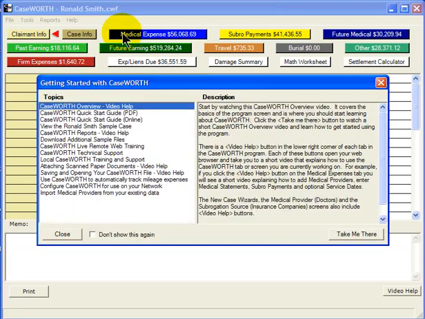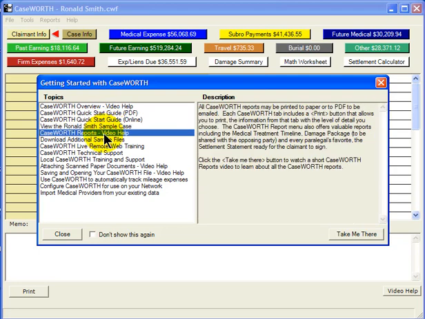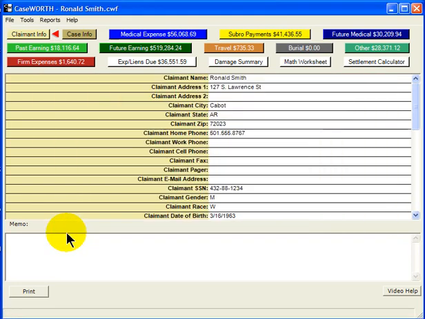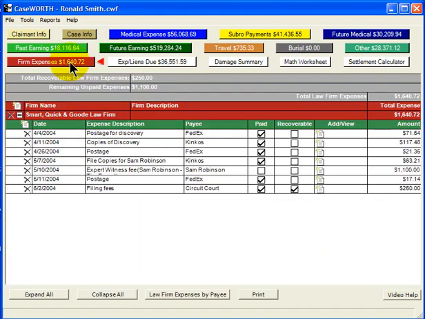In addition to this overview, there are other videos and help resources in the Getting Started with CaseWORTH dialog available from the Help menu. There are also other videos available throughout CaseWORTH that provide more detail on each tab and screen. At any time you need help, just click the Video Help button in the lower right-hand corner of any tab or screen. A short video will be displayed that explains how to use the tab or screen you are